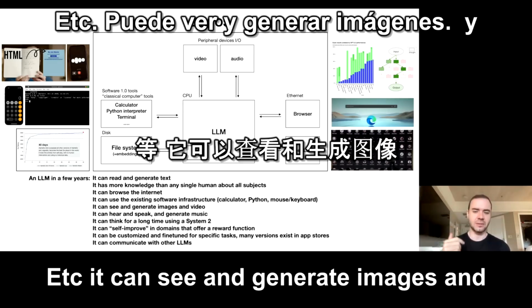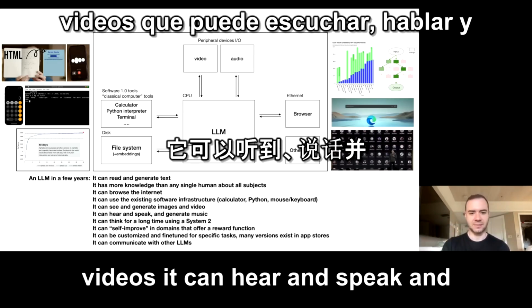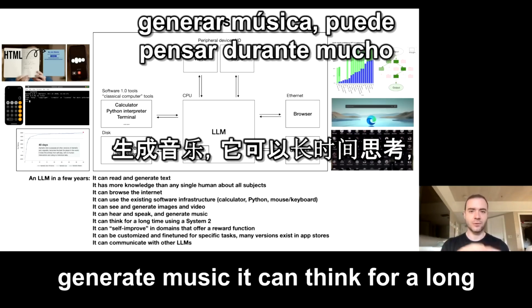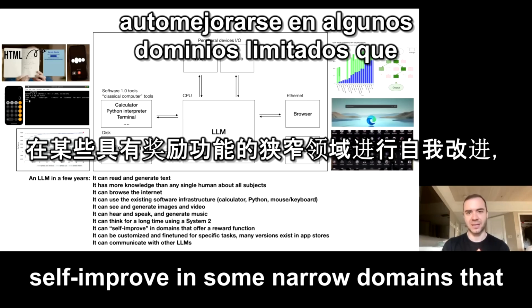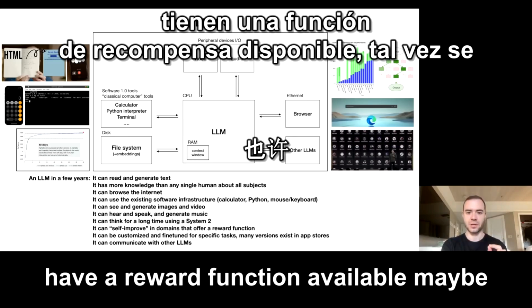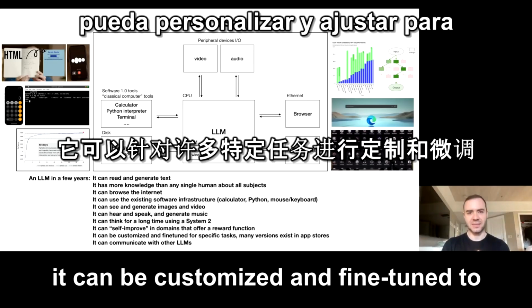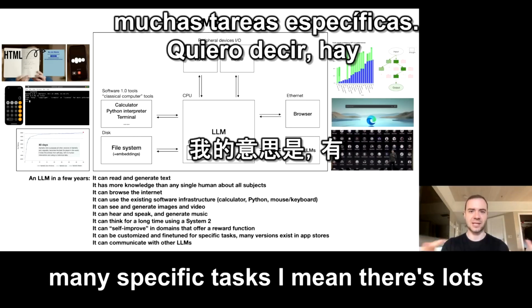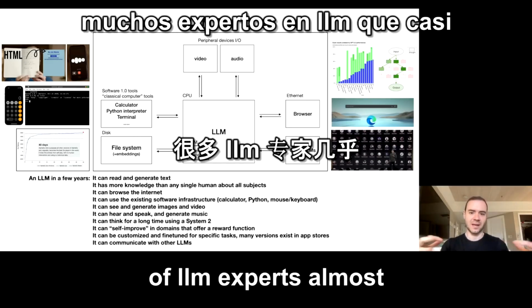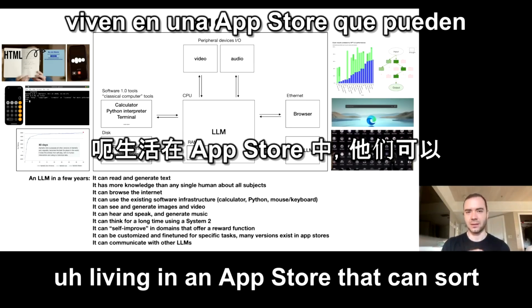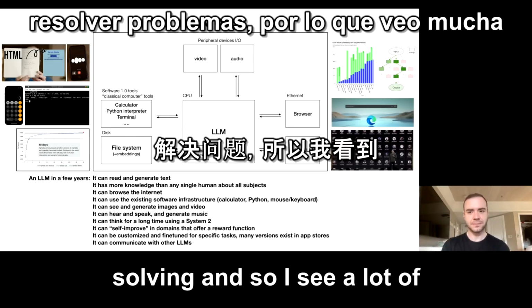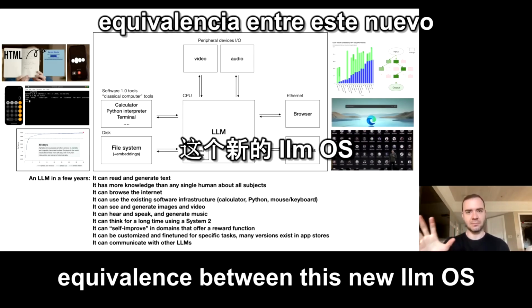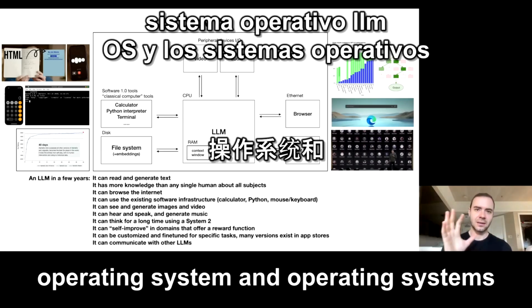It can see and generate images and videos. It can hear and speak and generate music. It can think for a long time using the system too. It can maybe self-improve in some narrow domains that have a reward function available. Maybe it can be customized and fine-tuned to many specific tasks. And maybe there's lots of LLM experts almost living in an app store that can coordinate for problem solving. And so I see a lot of equivalence between this new LLM OS operating system and operating systems of